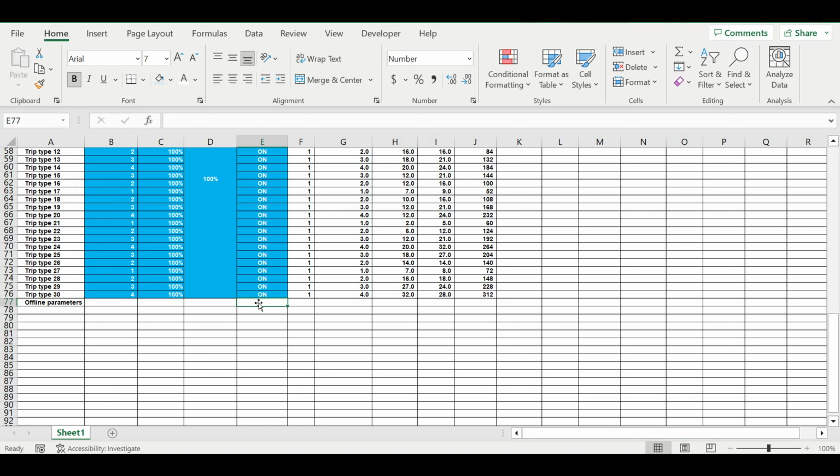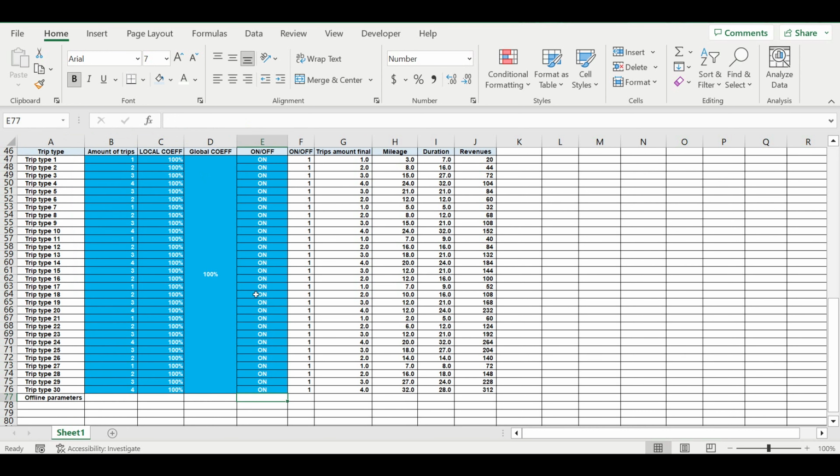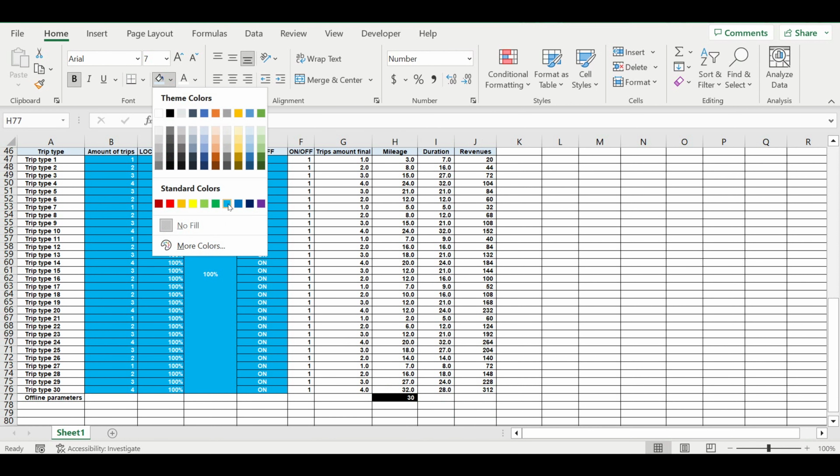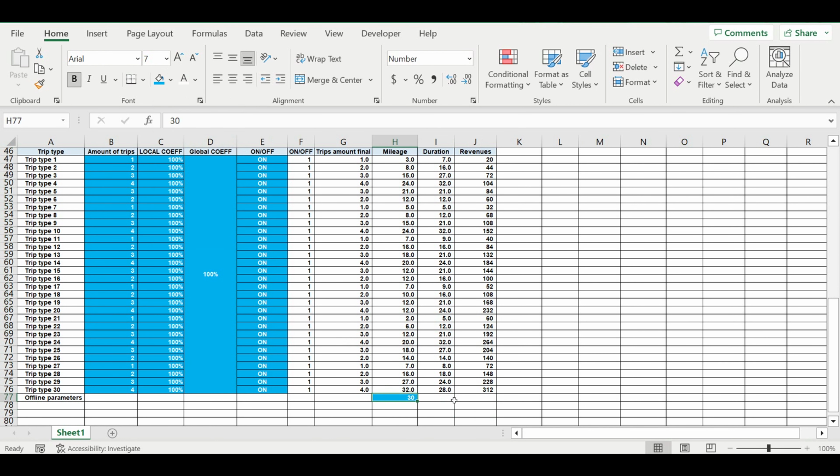We are offline at the moment, so this is not a revenue, and we make some mileage. For example, it can be 30 miles a day, and the duration of this mileage will be, let's say, 50 minutes. Okay,